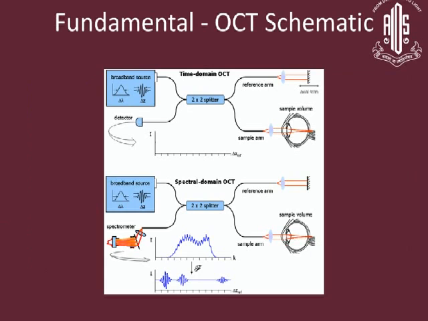The source is a broadband light source, a superluminescent diode laser, and there is a splitter. It splits half the beam into the reference arm and half into the sample arm. The difference between the time domain and spectral domain OCT is that the reference arm in time domain OCT was a moving mirror, which helps us derive the axial scan, whereas the reference arm in a spectral domain OCT does not move, and the reflected beam again passes through the